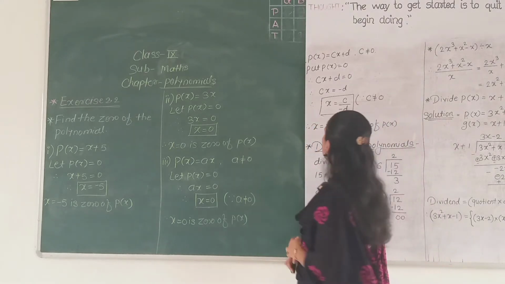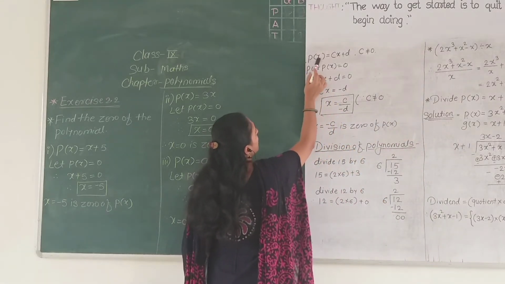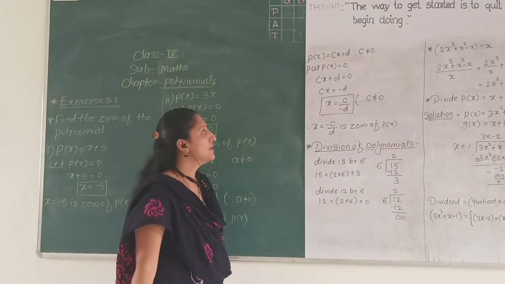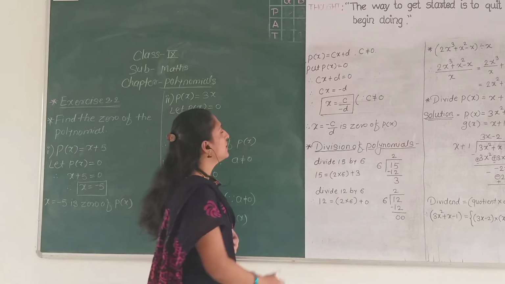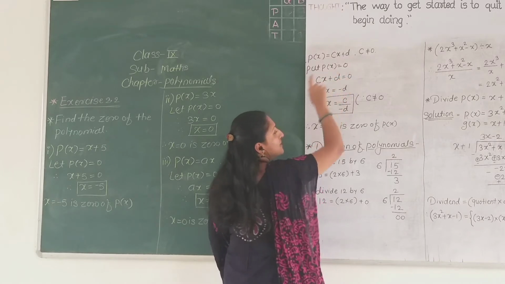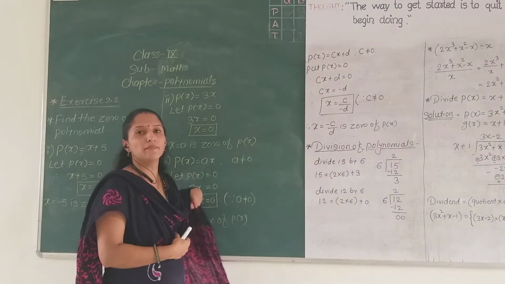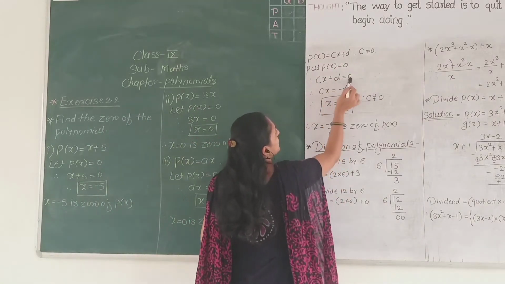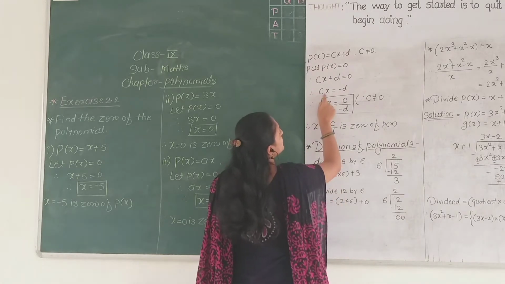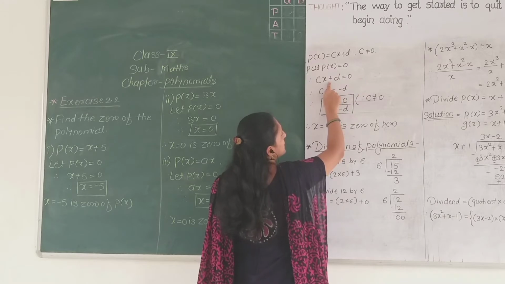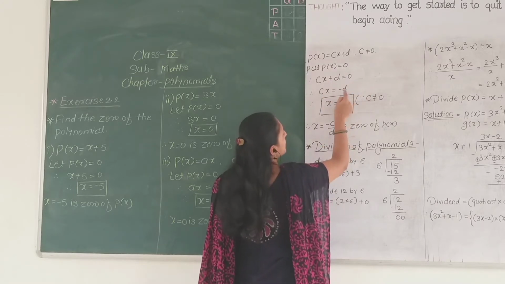Right? Now look at here. If the polynomial P of x is equal to cx plus d, where c is not equal to 0, cx plus d. Okay, so let we put P of x is equal to 0. Since we want to find 0 of the polynomial, we put here P of x is equal to 0. So cx plus d is equal to 0. We want to find value of cx. So I change the place of d here. So here the d is positive, it becomes negative. Okay. So cx is equal to negative d.